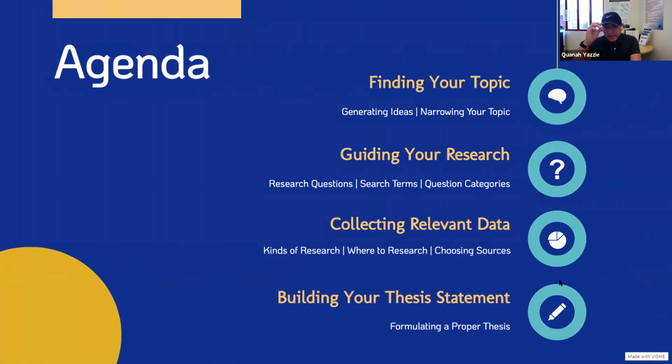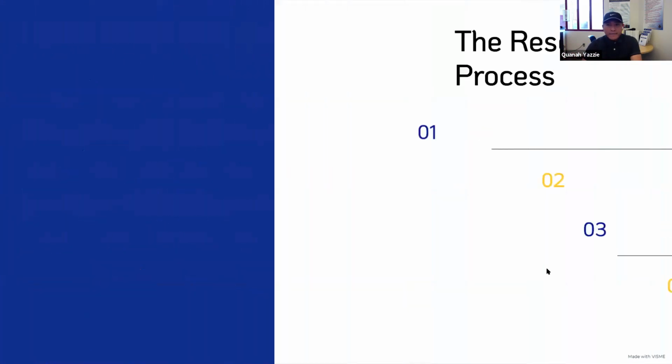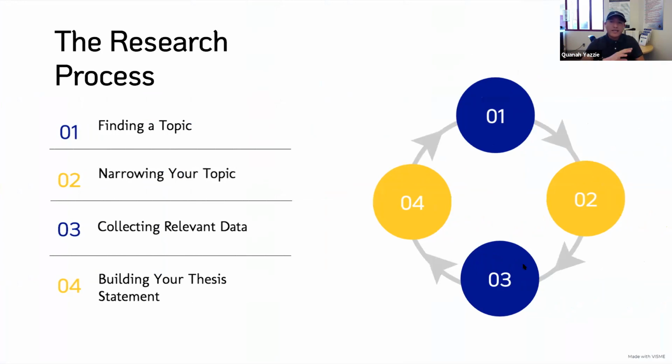All right, so once we've done that, we're ready to start generating everything that we got. And now we're ready to start our paper completely. And just as a review, this is sort of like a cycle, right? If at any point you don't find enough sources or anything like that, then we have to start back over at number one, with defining a topic, narrowing it down, collecting enough resources available within the topic, and then building that thesis statement. So anytime something in the cycle breaks off, we have to go back to number one and start over so that it fits,